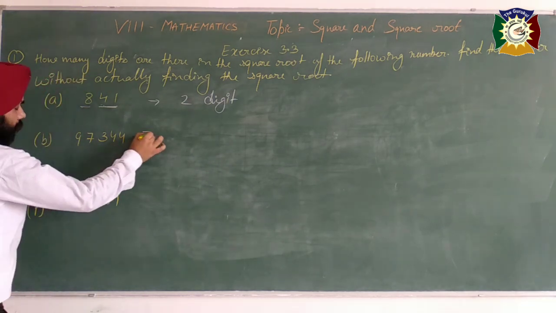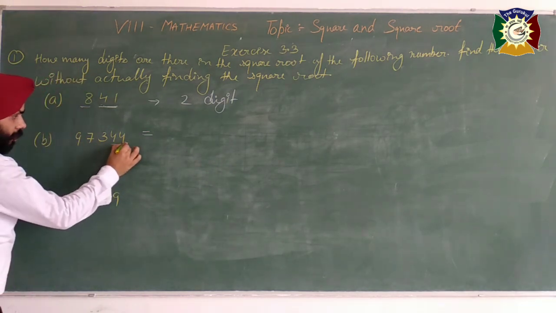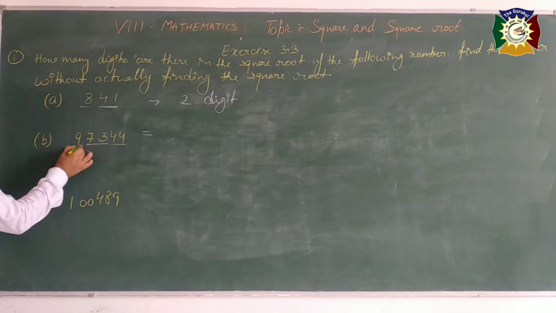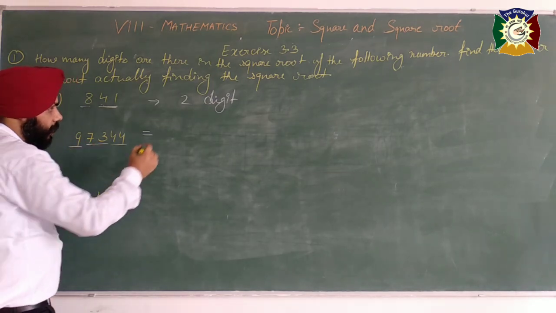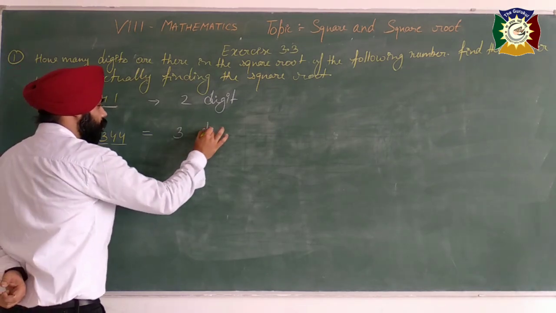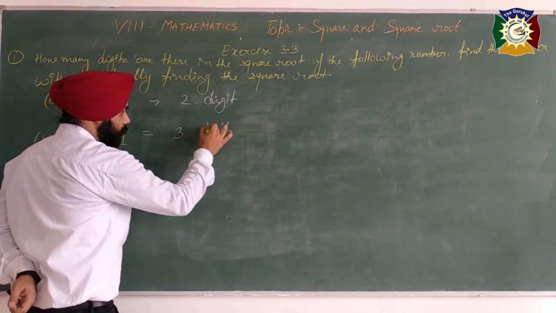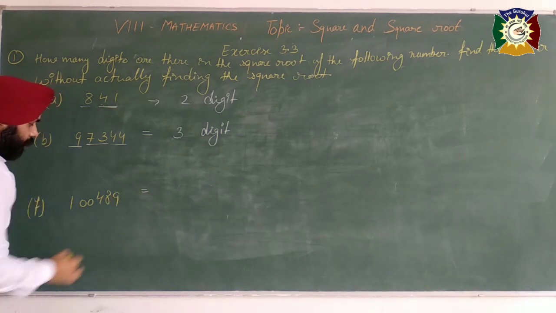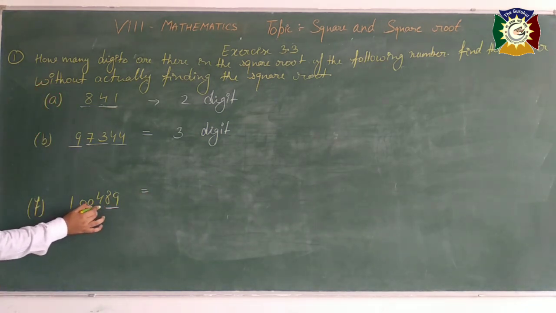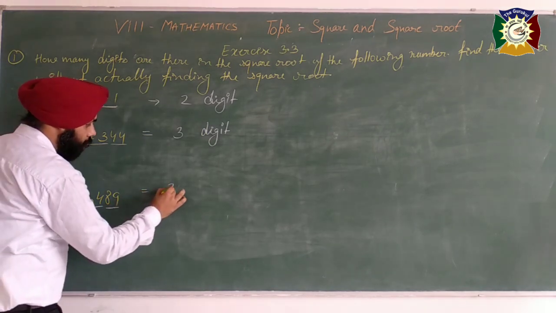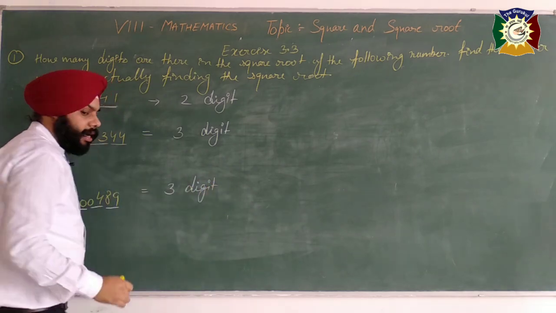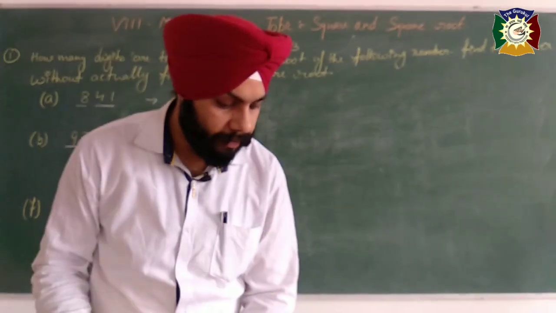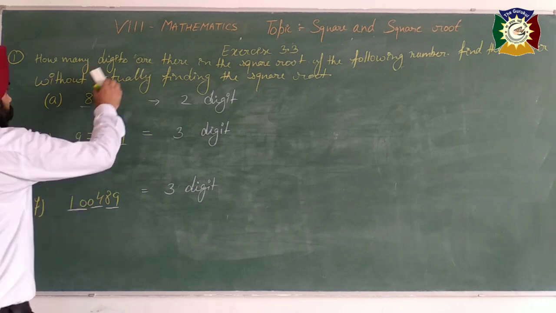Similarly, we will do here, start making pairs, one pair, 2 pairs, and this one we also have to take as one pair. So how many pairs will we make here? That is 3. So its answer will be of 3 digits. Now similarly to this, make 1, 2 and 3 pairs. So its answer will be of 3 digits. These are our answers. Now after that, the next question.